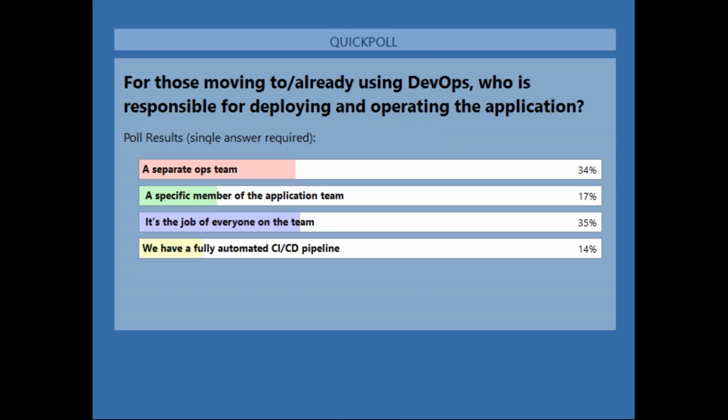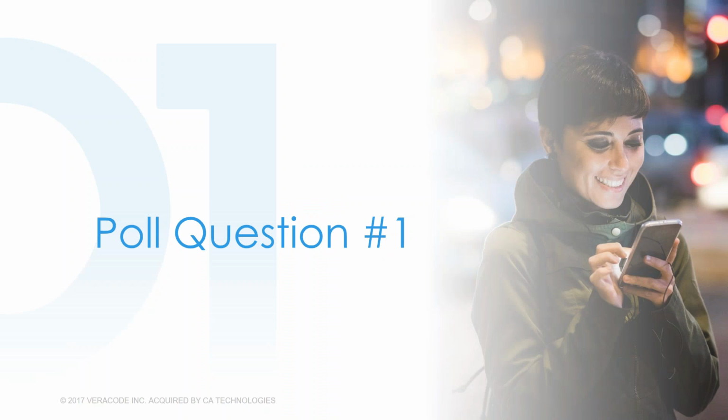I'm surprised that fully automated CI/CD is as high as it is, frankly. Right? I am too. Yeah, that may be due to our DevOps.com audience being more open to DevOps. But anyway, the good thing in there is that 17% said it's a member of the application team. That means they're trying to break those silos, and they have a specialist in there doing that. So they're at least moving in that direction of making it everyone's job. Yep. Agreed.